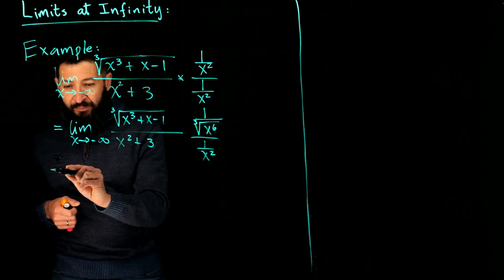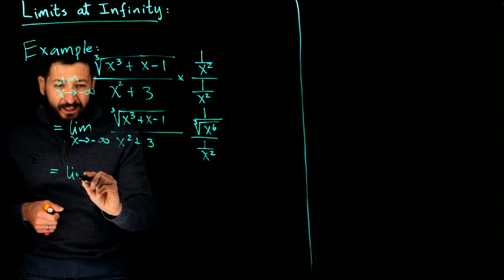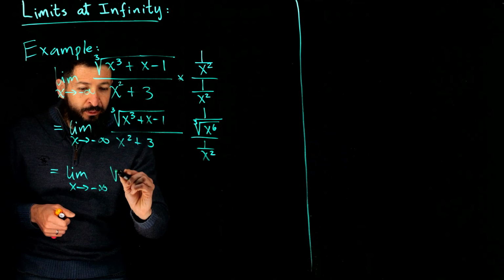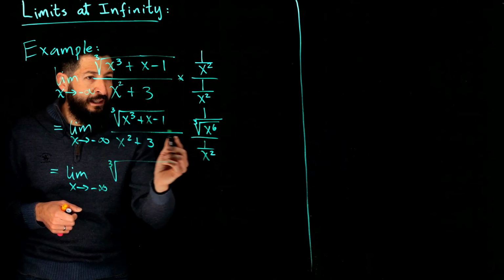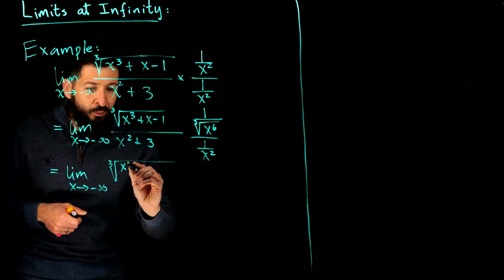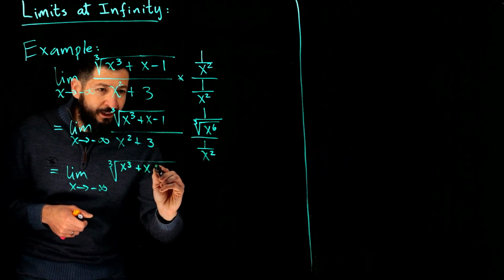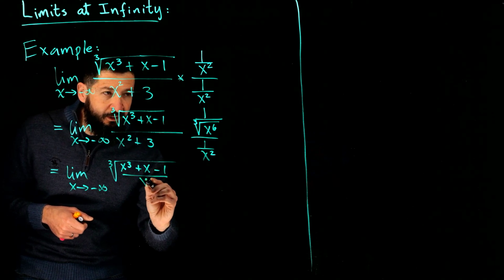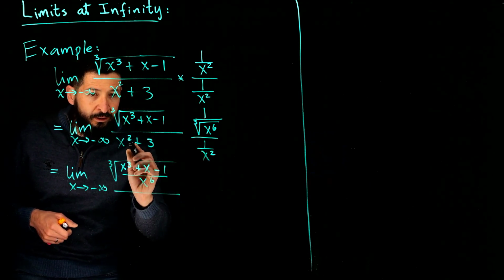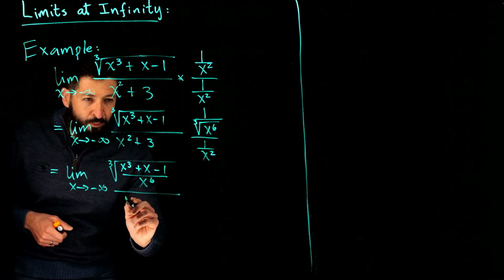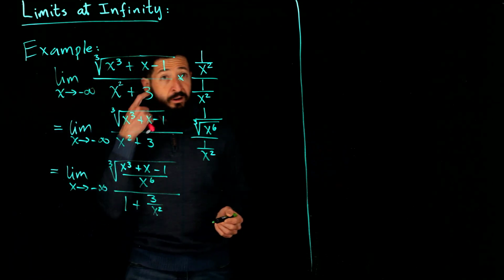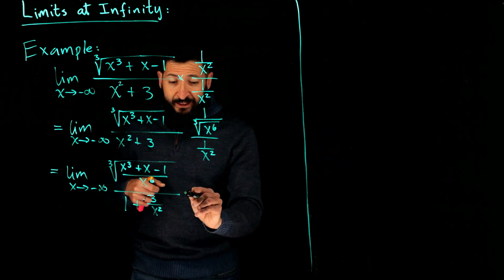So in this case then, I get the limit as x goes to -infinity. And then I get the cubic root of, I'm going to put this one inside and collect the cubic roots all at once. So I'm going to do a couple steps in one, but I think we've done it enough that it should make sense. Now we distribute this one here. I get 1, x squared over x squared gives me a 1, and then 3 over x squared like that. All right, so what happens then after is